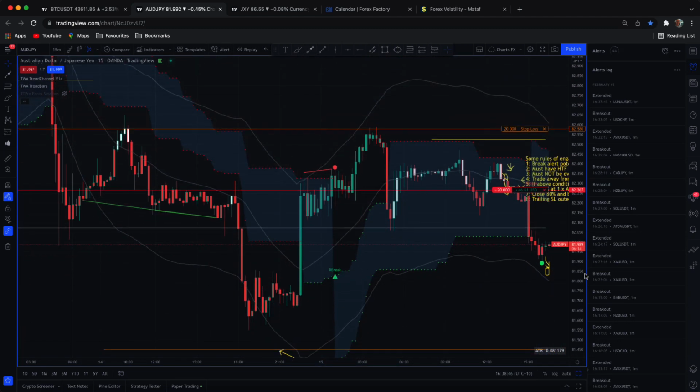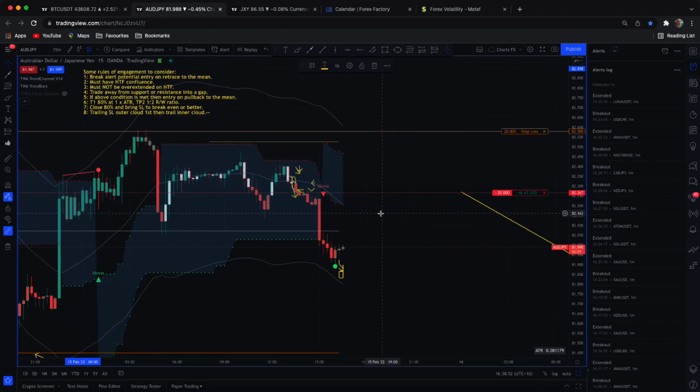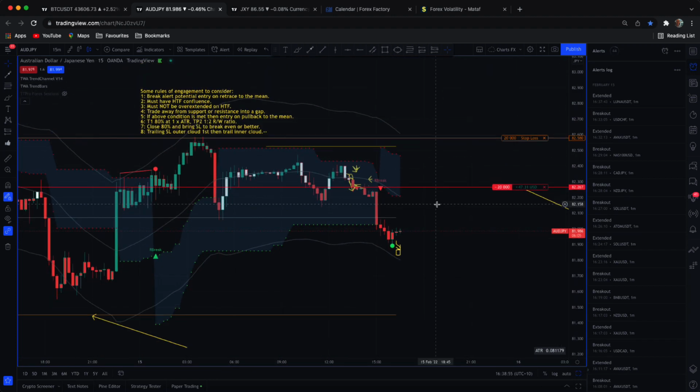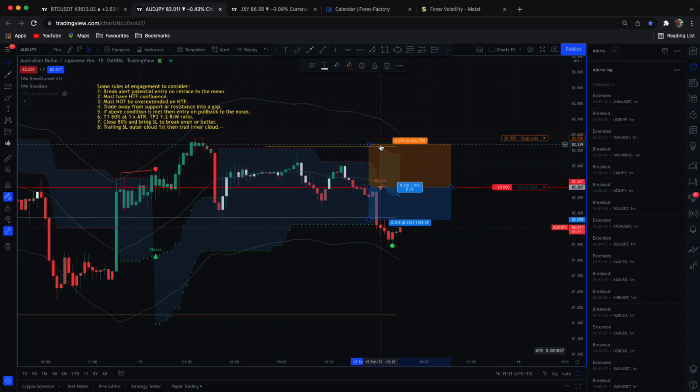The signal fired on the 1 minute, and then if you want to, you can set your trade up on the 15 minute. There's nothing wrong with that. So let's just do that. Just clear everything. Throw that back on there. Okay, we go short. Stop loss above the cloud. Minimum 1 to 2 risk reward. Target 1 is 80%,